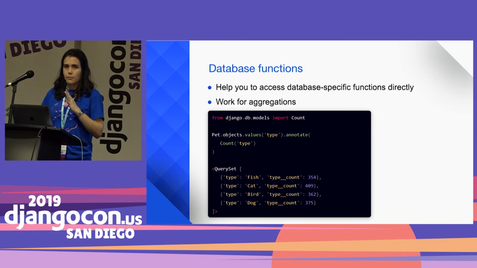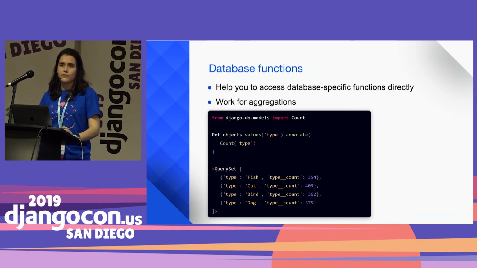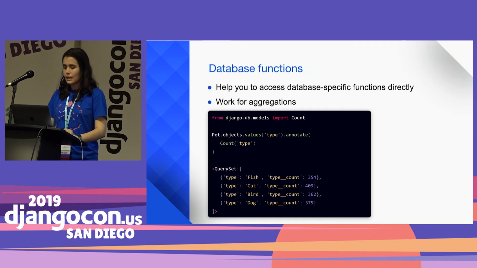And that, just like most of the database functions, is going to be available using the name of the field you pass, under the database function name. So in our case, we have type under count, so that at the end we have the distribution of pet types easily. And there are more than 50 database functions. I won't show them all today because of the time, but we're going to see some of them and see how useful they are.